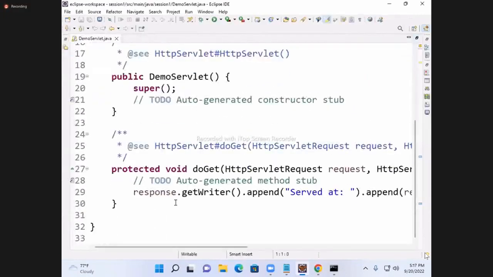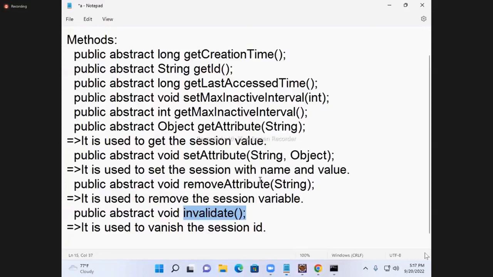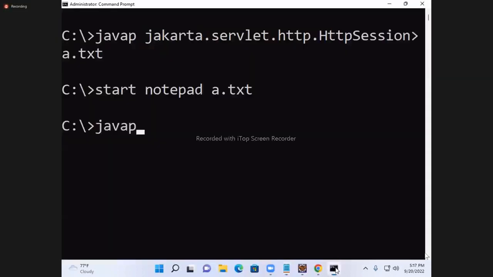Here, I just want to get the session ID. First I want to display the session ID. For getting the session ID, I just gave the methods, no? These methods you have to call. Session ID, get ID. But it's an interface. First, an HTTP session reference is required. For that purpose,